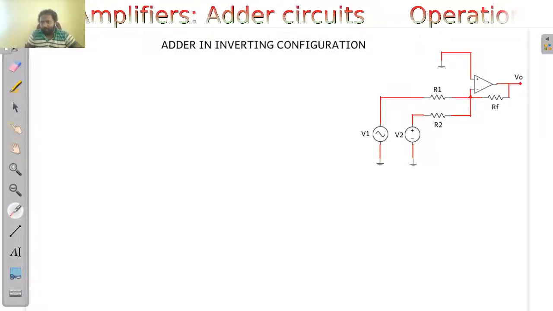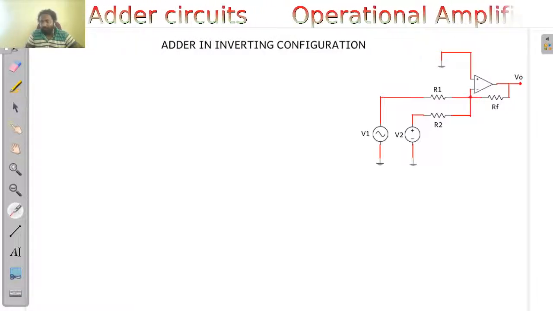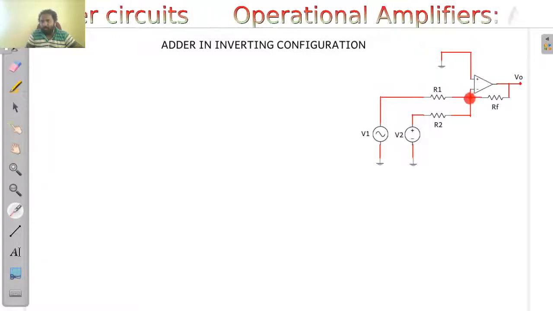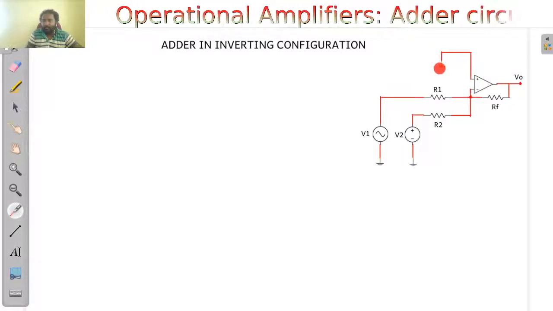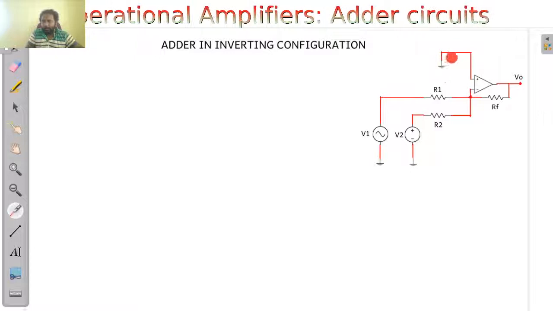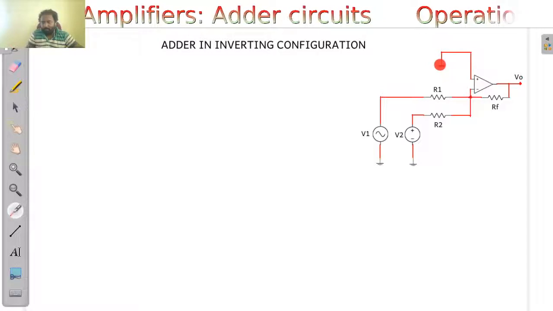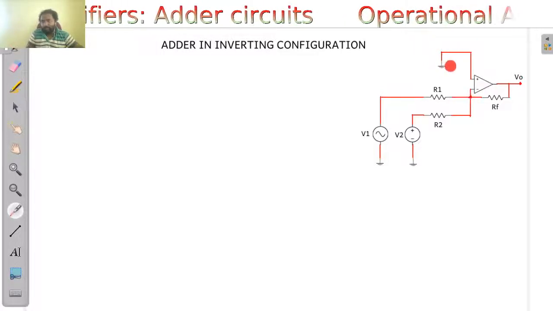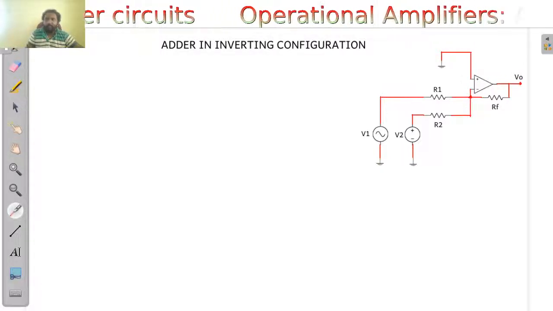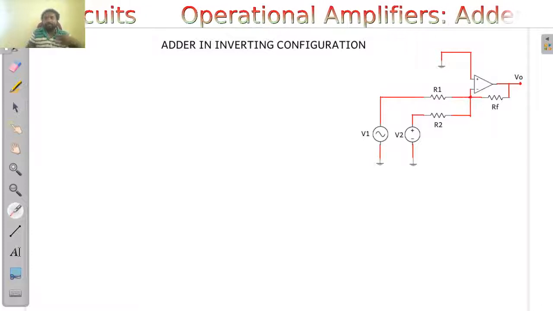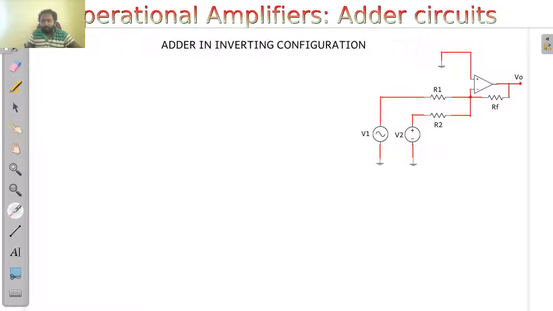You have to understand that this point here is the summing point, or the virtual ground or virtual short position. The other terminal, that is the non-inverting terminal, is directly connected to the ground terminal, which means that this is also going to be at a potential equal to the ground potential, even though it is not directly connected to ground, by the action of the operational amplifier. This feedback is the main reason. We have seen that in the previous videos, so if you haven't seen them, you can refer to the previous videos.